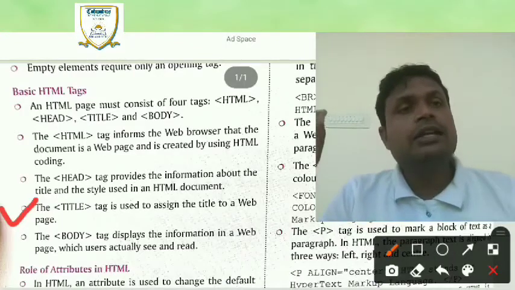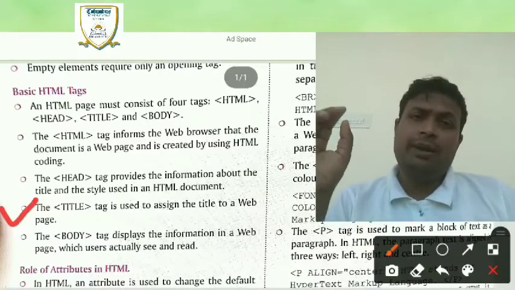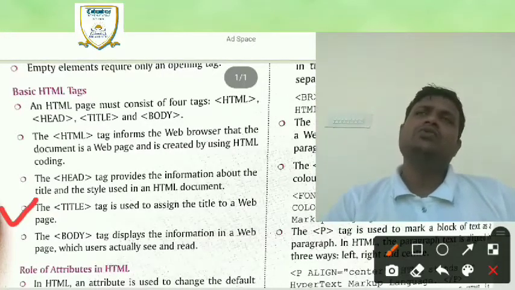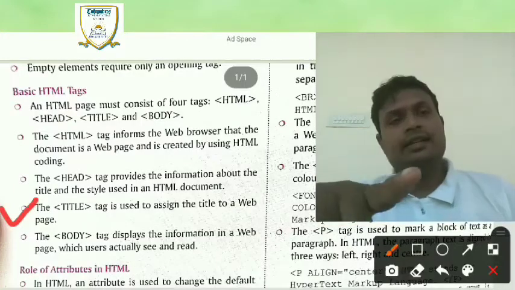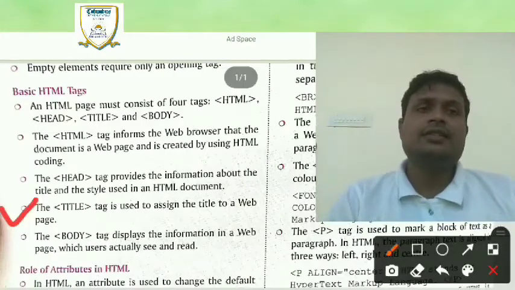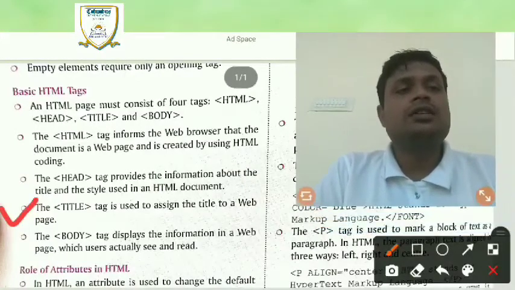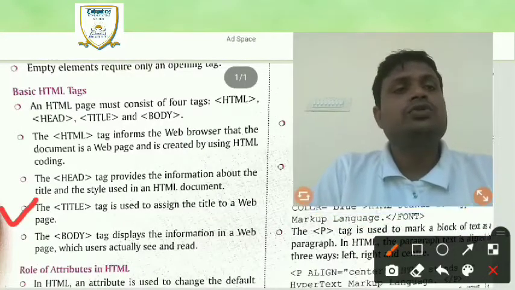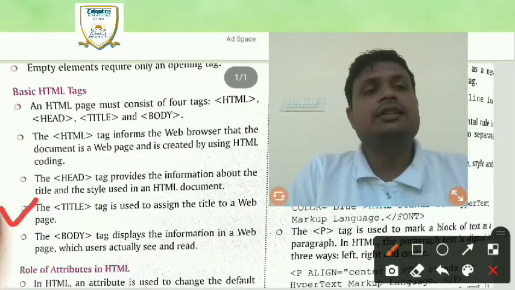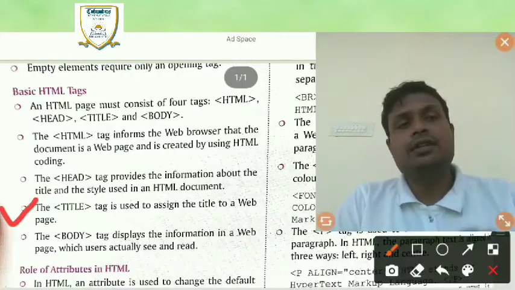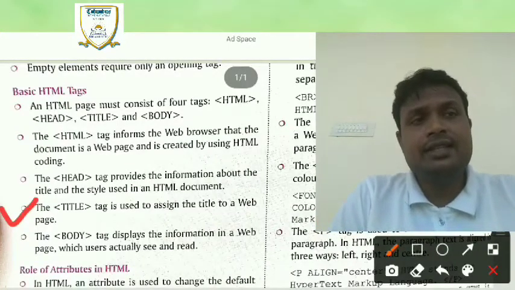It means, suppose you are creating your biodata in your web pages, and then you want to define the name of the page as your biodata. Then it is very necessary for you to use the HTML title. So students, I think you are clear what the HTML, head and title tags are; these three things are clear.